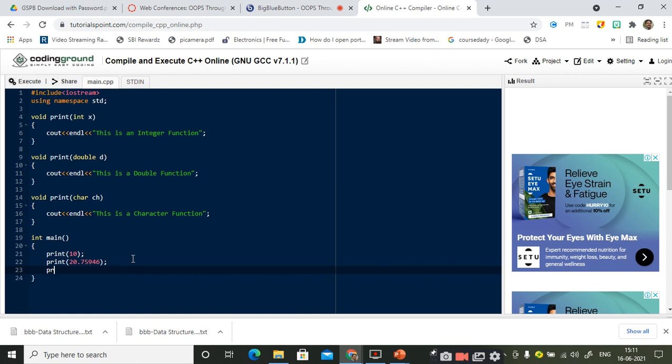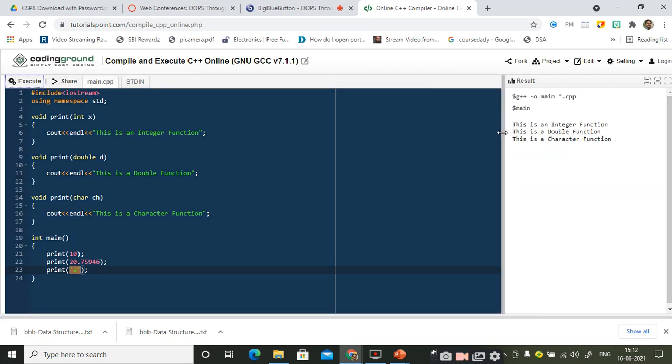Similarly, I want to call the third function also. This time I make it as a character. As you know that the character should be enclosed within single quotations, I have done it inside this, A, right? So this particular function call is going to invoke the third function. Why? Because the input that is given by the user, that is the character A, is matching with the parameter of the third function only. Therefore it is going to invoke this function. So let us execute this one.